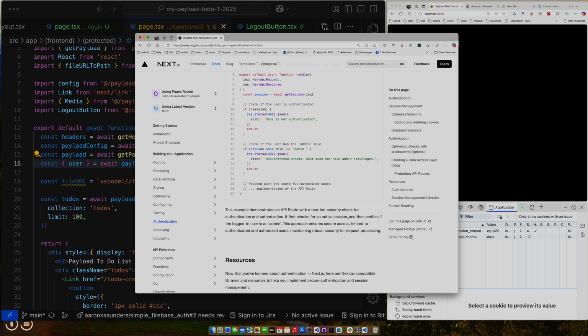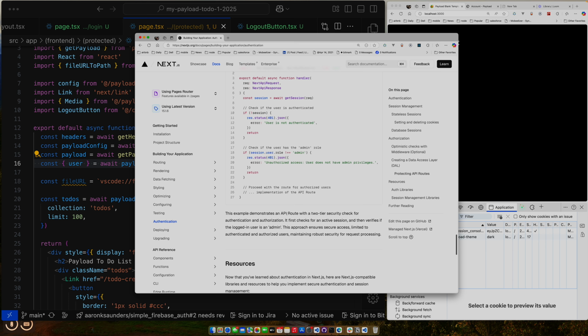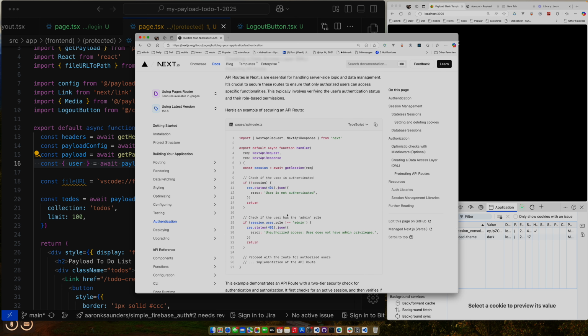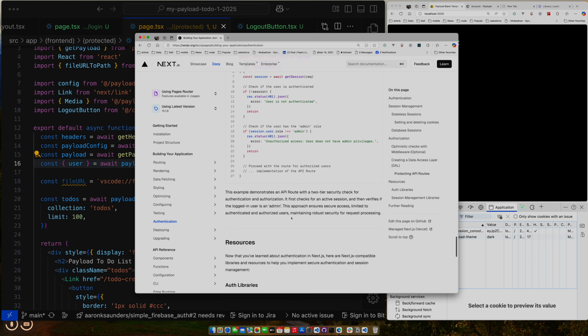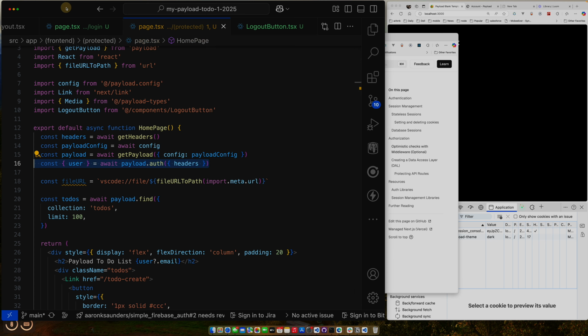First check for active session and then verify the user. And so what I'm going to do is use a combination of middleware to check for an active session, and then I'm going to confirm the user also